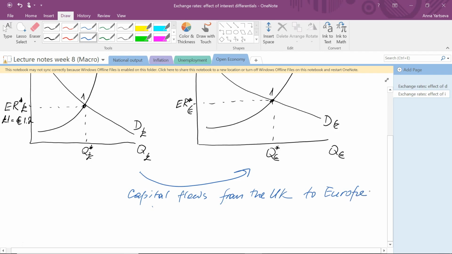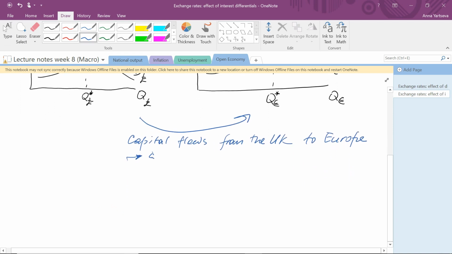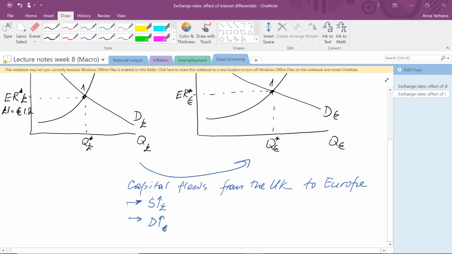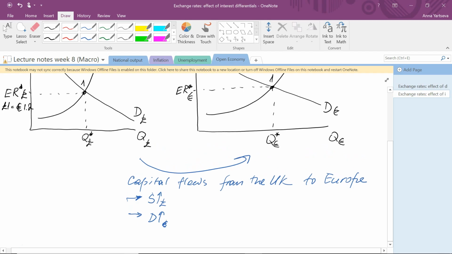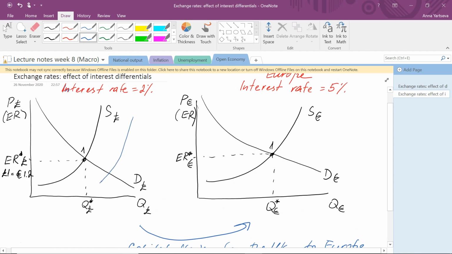This will affect demand and supply of various currencies. Because we want to get rid of British assets, this will increase the supply of British pounds in forex markets, and apart from this, it will increase demand for European currencies, because capital owners will want to get rid of their shares of British companies. They want to withdraw from the British economy. They want to exchange the pounds which they have at the moment into euros. So the supply of pounds will increase, the new supply will be higher,